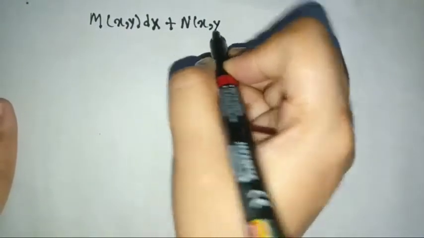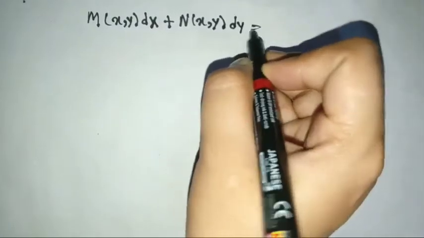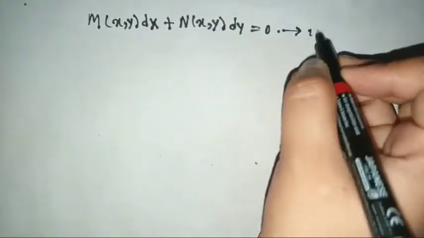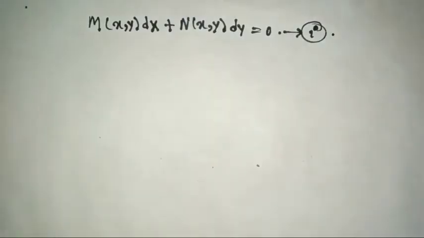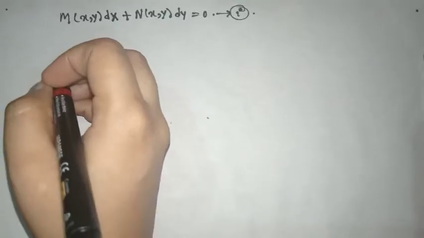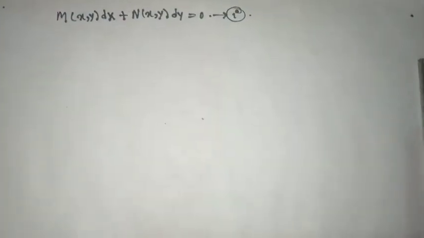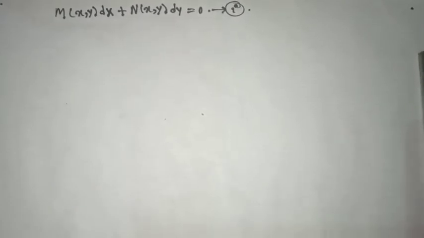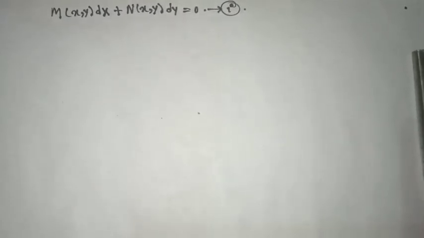If this is a general differential equation, M(x,y) dx plus N(x,y) dy is equal to 0, denoted by 1. This is the standard differential equation, where M(x,y) is a function of x and y, and N(x,y) is also a function of x and y. Alright, so if this is the general differential form and if Mx